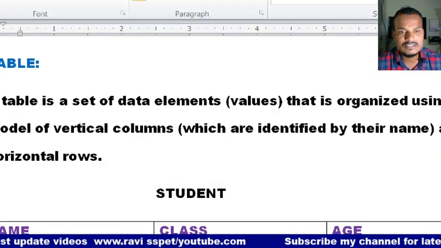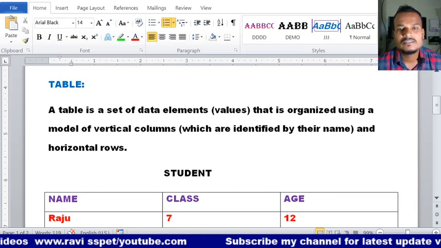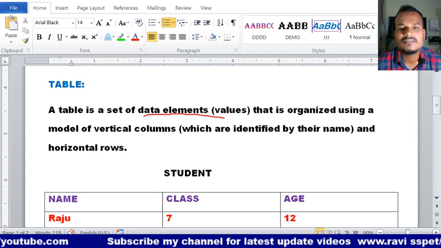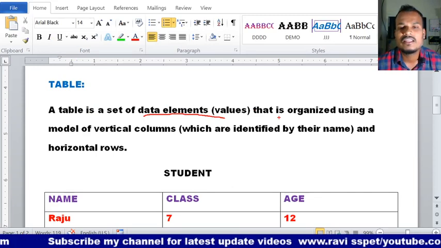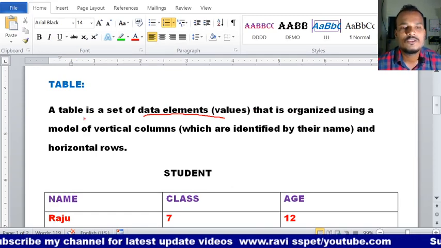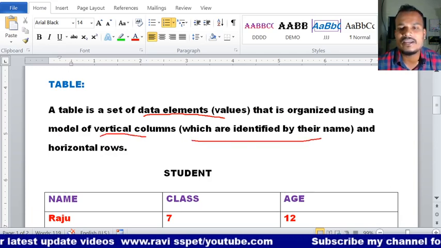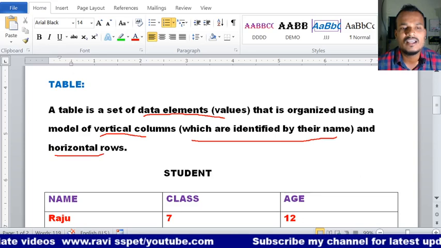In a database, a table is a set of data elements. Data elements means values that are organized using a model of vertical columns, which are identified by their name, and horizontal rows.